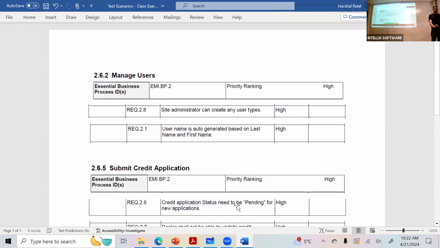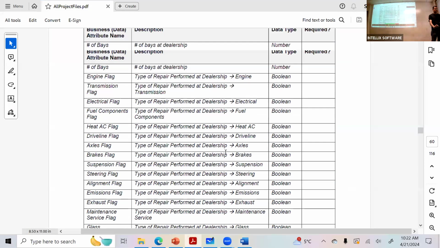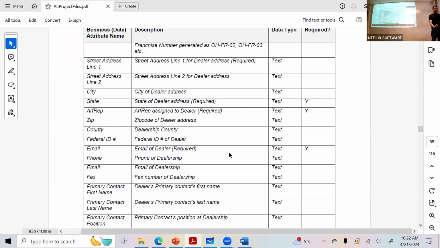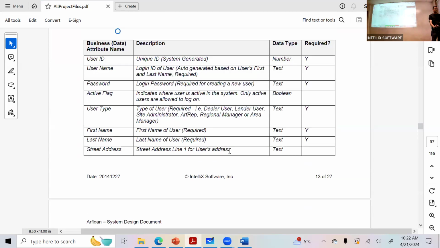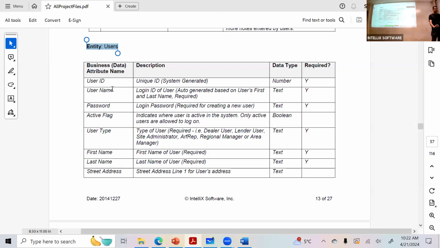So let me come back here. If you look at it in the users table, what is required for dealer? Obviously login ID, password, active flag is not supplied, but user type is required.